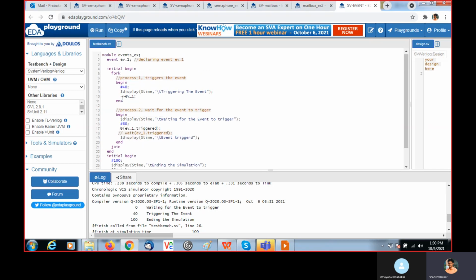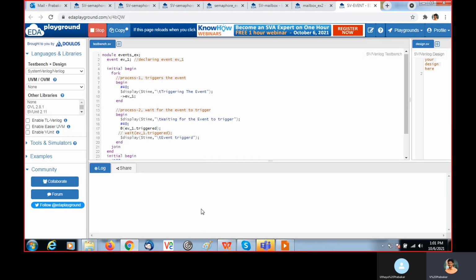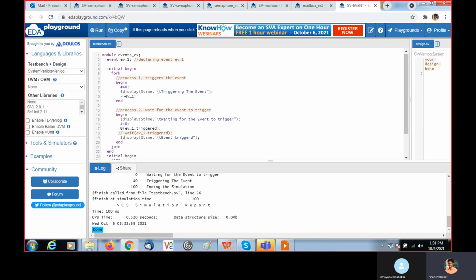So this one should happen before the wait for event. In case, at the same time at 40, this triggering event is happening and at 40 this wait for event to trigger is happening, both happening at the same time, at that time also this wait for trigger will not recognize the event triggered.